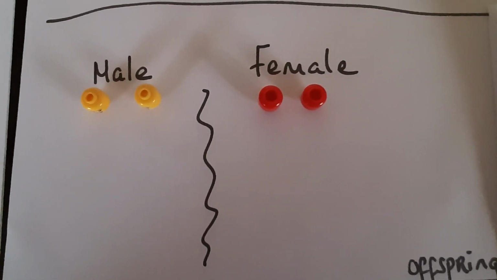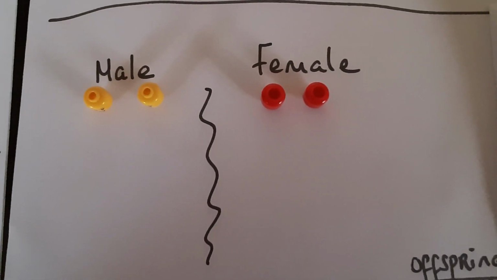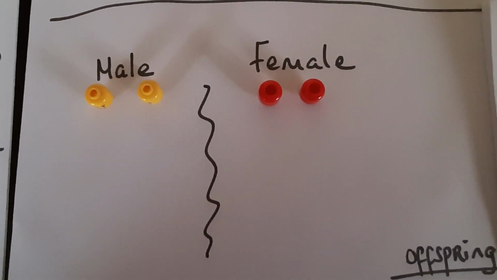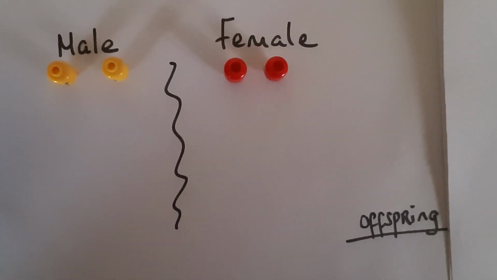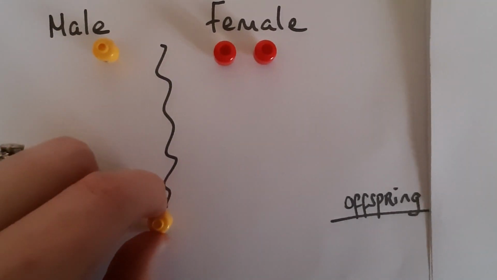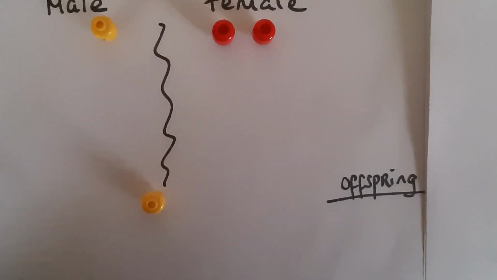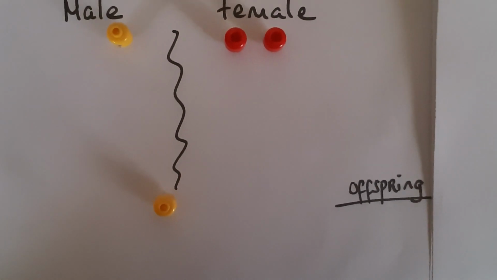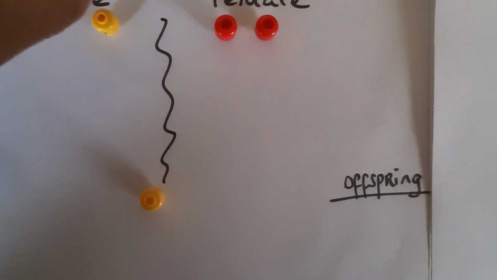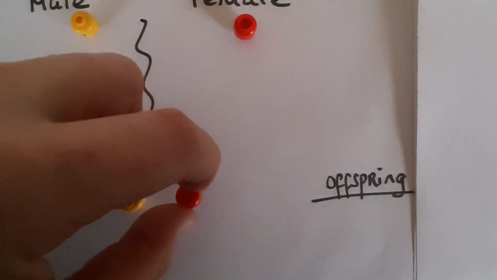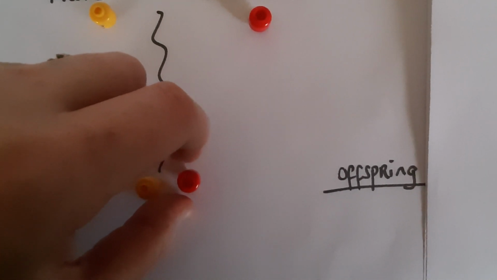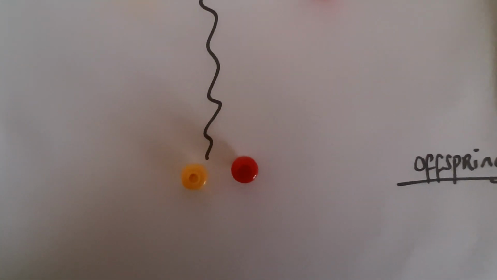So we're wondering what type of gametes they could form. The only type of gamete the male could give would be a sperm that would always carry the allele for a yellow Lego head. And the only type of gamete the female could make is an egg that would always have the allele for a red